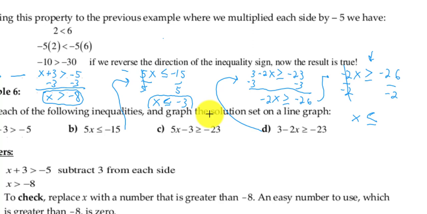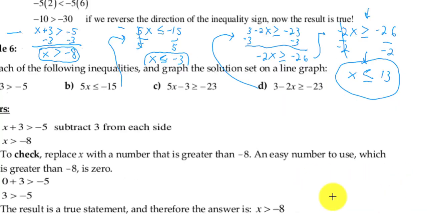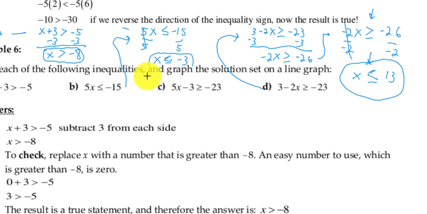I have to change that and make it point to the left to complete the problem. And I only flip the direction of the inequality sign because I divided by a negative. Okay? We'll practice a few more problems on the next page. Actually, before we go to the next page, I do realize that the instructions say, and graph the solution set,